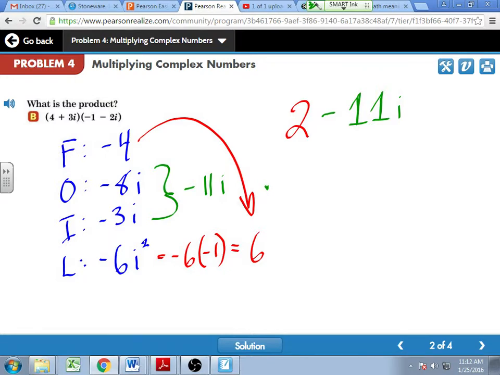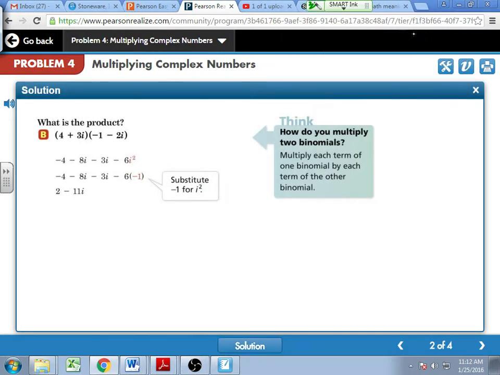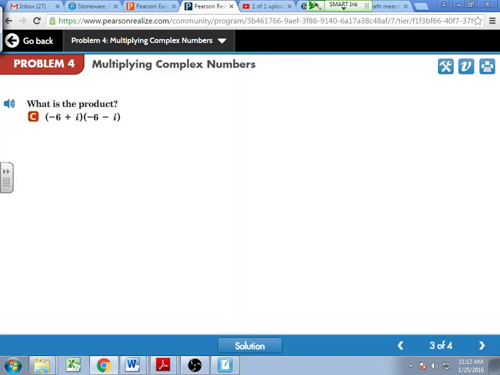You got the next one? What do you think? So you get the first, which is negative 36, then you get outside, minus 6i. Actually, positive 6i if we're doing the outside first. Then the inside, and then minus 6i. And then minus i squared. And then you solve that out to get